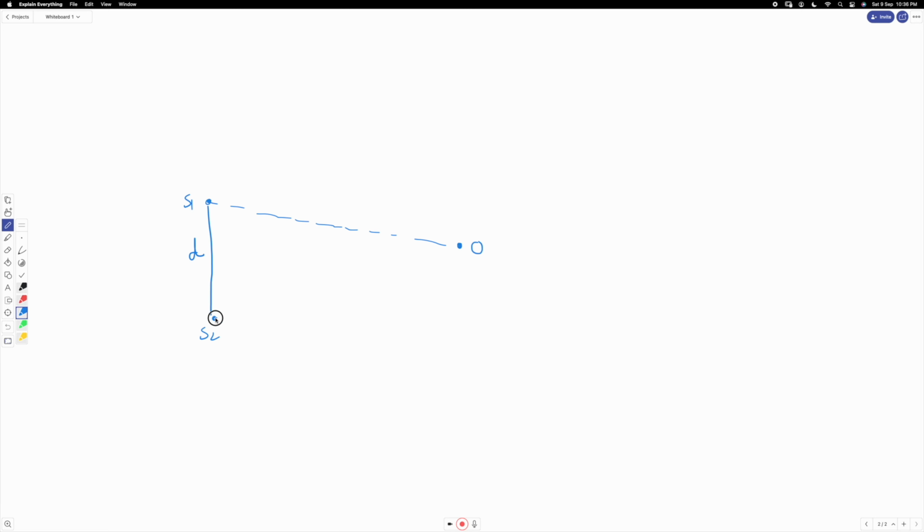Why central maxima? Because that's the shortest distance, and path difference here is 0, where we also called it the antinodal point, where n is equal to 0. Similarly, I'm talking about another point P there, because this is my central maxima, but we are going to have another maxima somewhere else, right? This is how the interference pattern looks like, right? So we are going to have a maxima at P also,